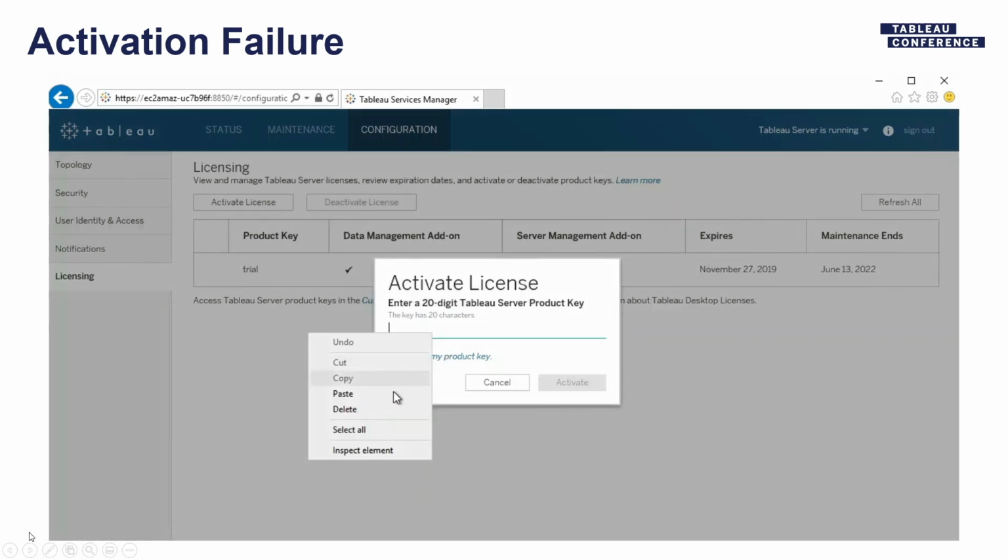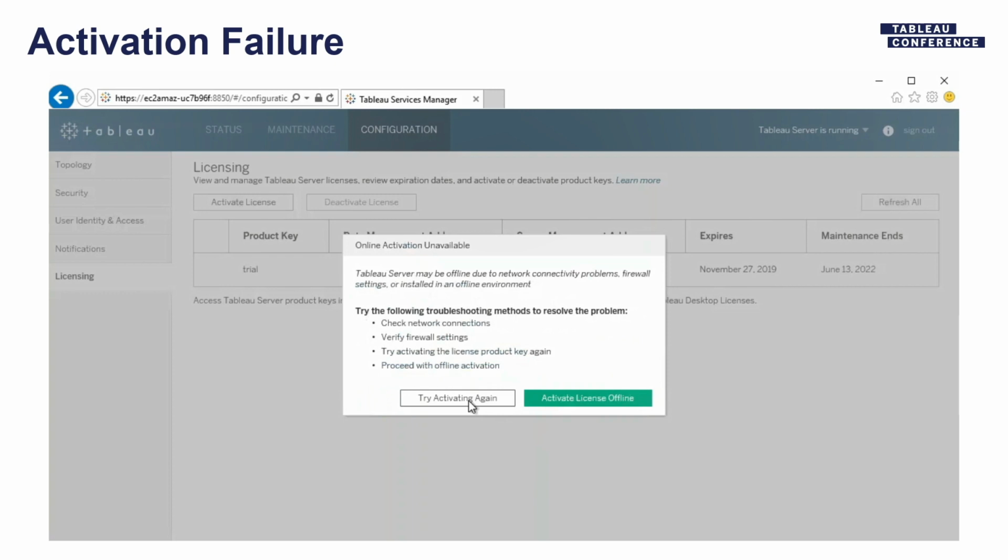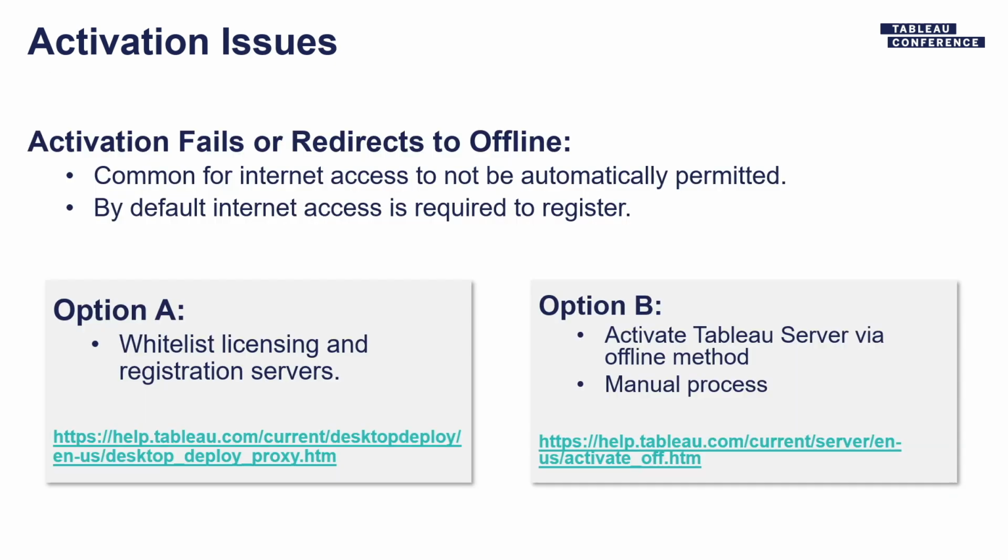There we go. The first one that customers generally run into is this. They put their license in and click on Activate, and then it fails. It says Tableau couldn't activate. And it's fine, it gives you instructions. In the GUI, it will give you instructions on how to activate offline. It will also tell you to go and check the logs, which will tell you it couldn't contact our licensing servers. And this is because,